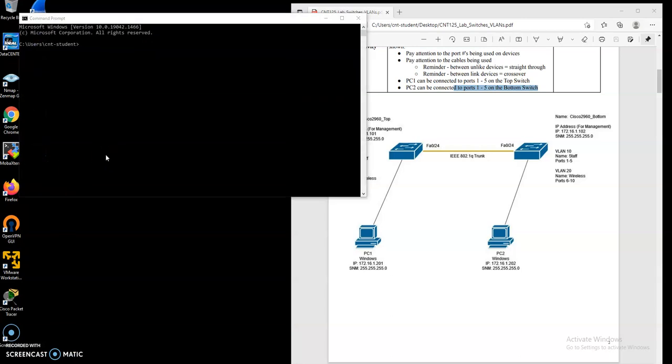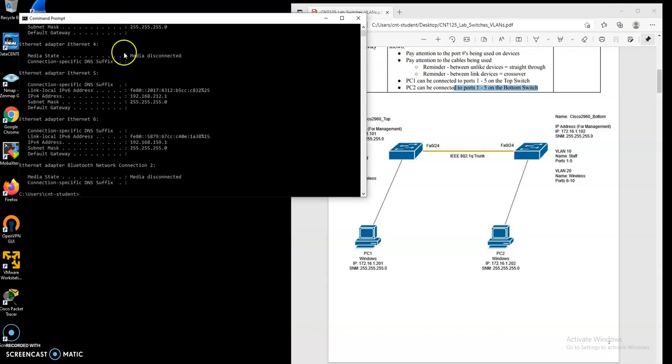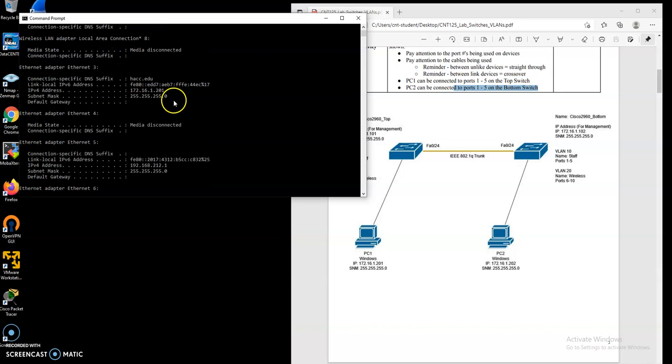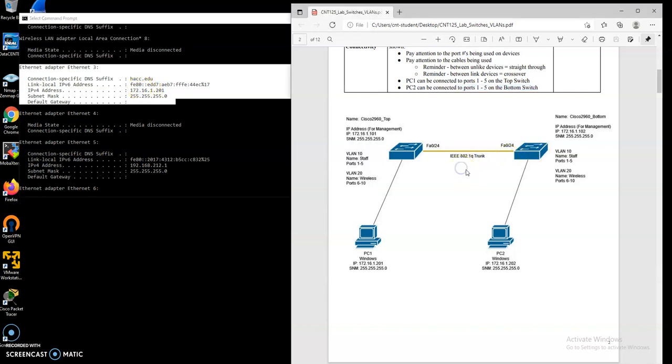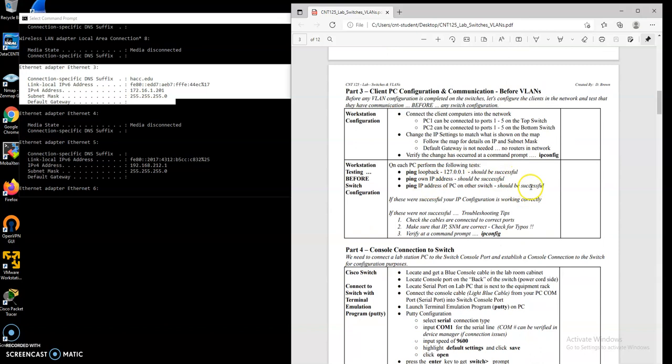And we are going to verify with ipconfig. Let me get my cursor up there. There we go, ipconfig. I'm going to look at my Ethernet 3 connection. That's the one that's active. And I'm going to verify my 172.16.1.201 is there, which it is. And the next thing I'm going to do is verify that I have connectivity to that other